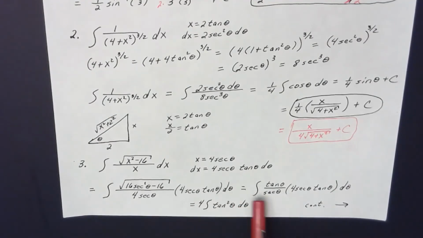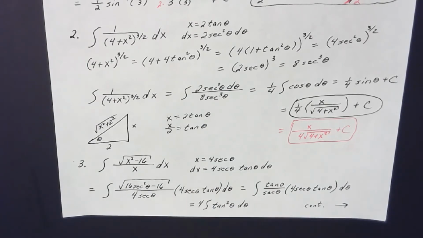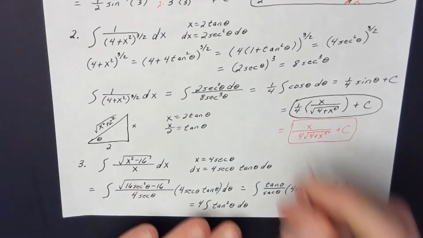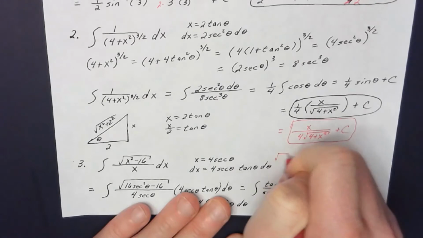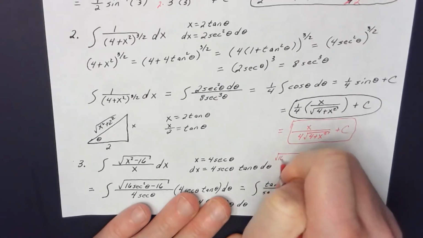Now, I set this equal to over here. I said, well, okay, a lot of stuff is going to cancel. The 4 secant theta cancels with the denominator in this term here. We know that this square root, let me show you that over here, that square root of 16 secant squared theta